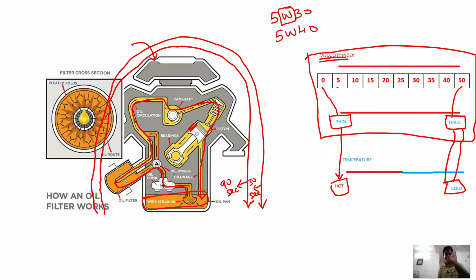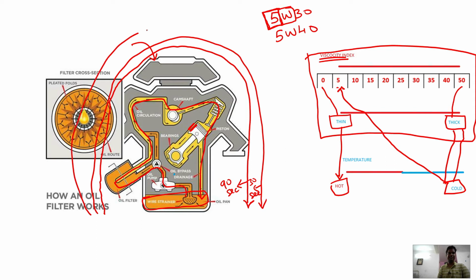During the first start, how cold the oil is going to be, and at that cold point, which viscosity the oil should have. That's what is mentioned prior to W, which means the oil should have a viscosity of 5 when it is cold. So let's connect here. When it's cold, the oil is going to have the viscosity of 5, and this 5 falls on the thinner side,